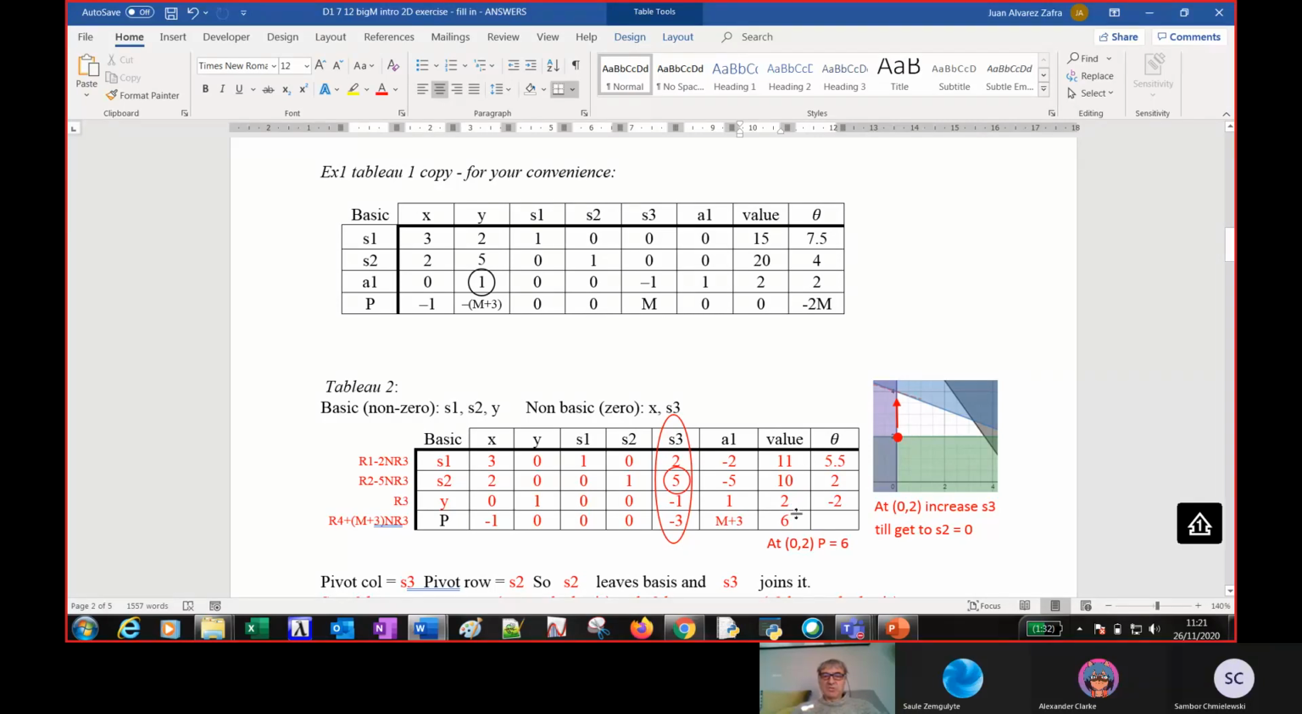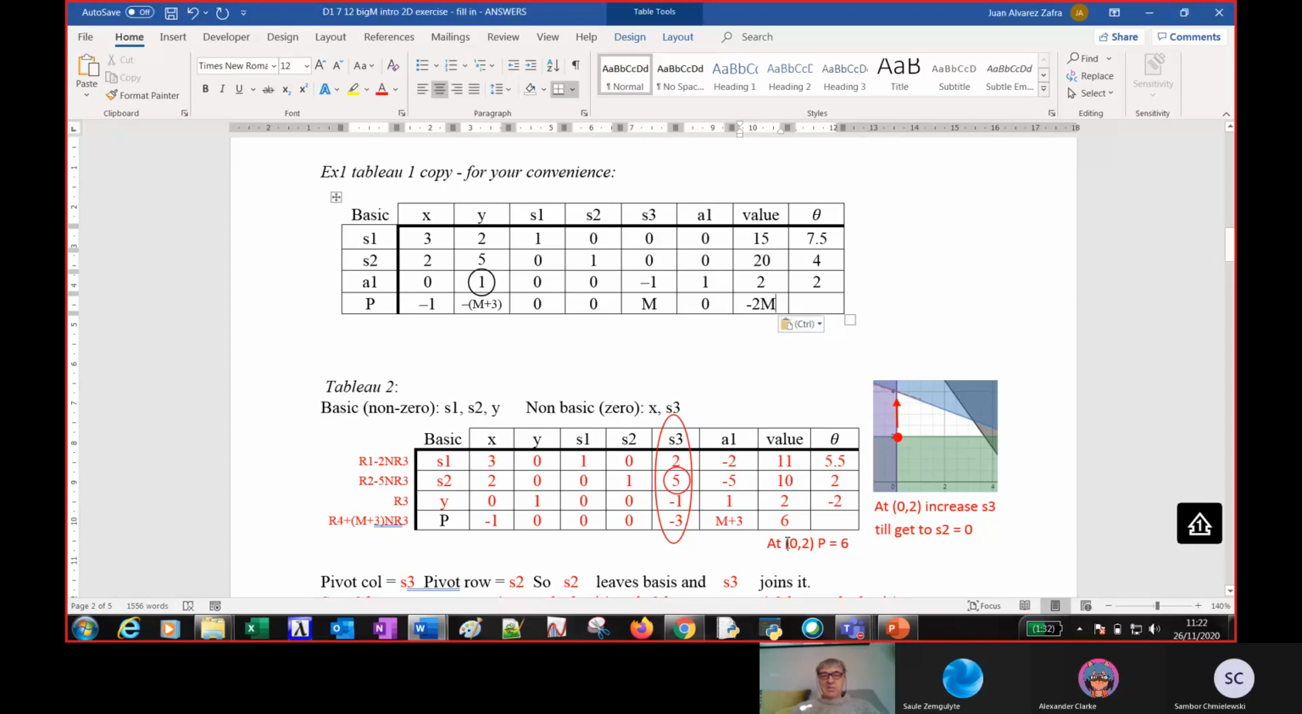Don't quite see why we got a 6 here. Maybe someone can help me with that. If you can see it, we're adding m plus 3 times row 3. So row 3 had a 2. Oh, because I had the -m in the wrong place. That's why. Okay. So -2m should have been here. Apologies about that. So I had -2m, and if I add m plus 3 multiplied by 2, I have